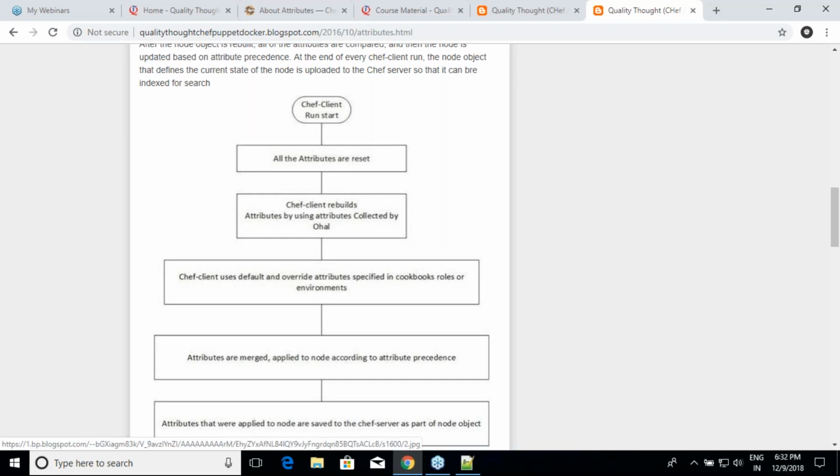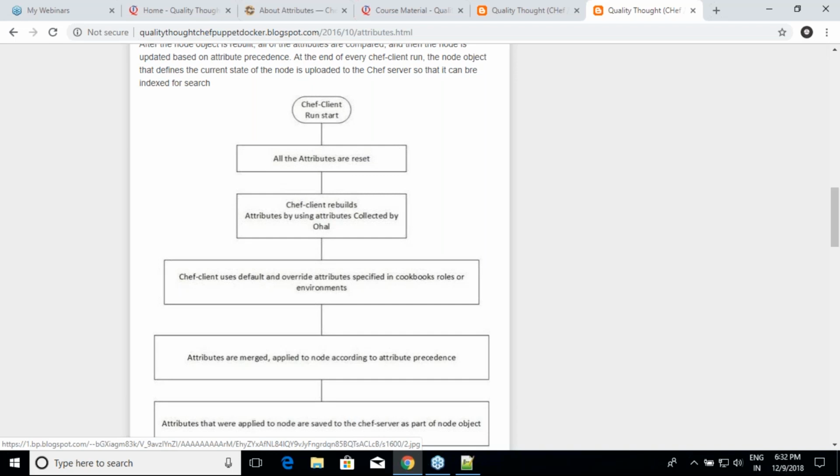Now the attributes which we were writing all these days as default, do you have an answer now? What are the other things which we can define? We can write default, force_default, normal, override, force_override. Everything I apply will have some weight to it, right? That's the whole point. But Chef recommends usage of default. Don't even think of something else, stick to default.